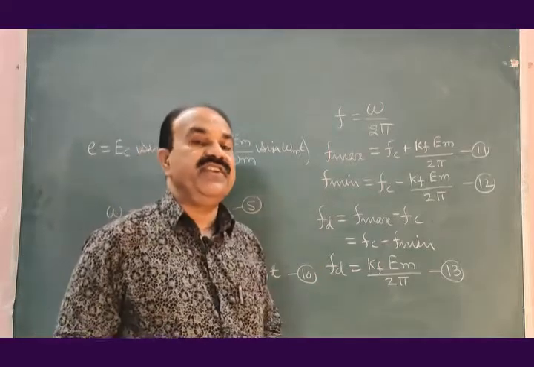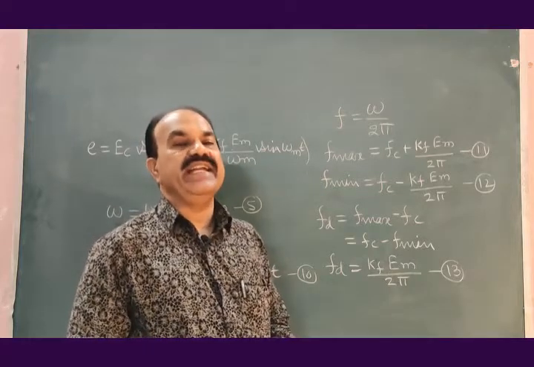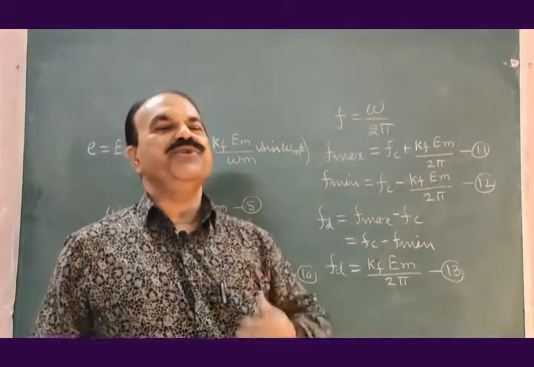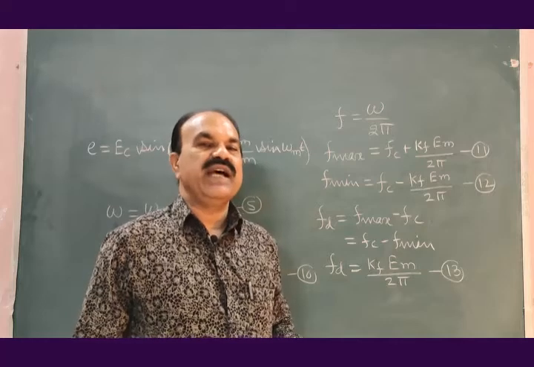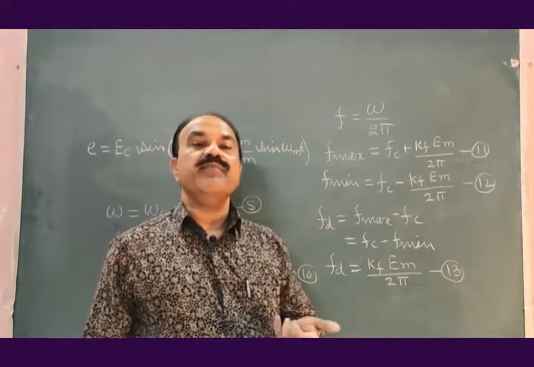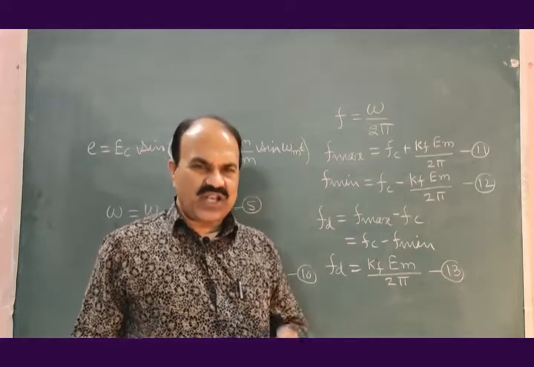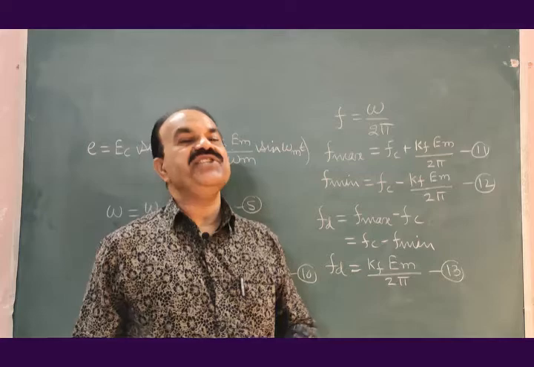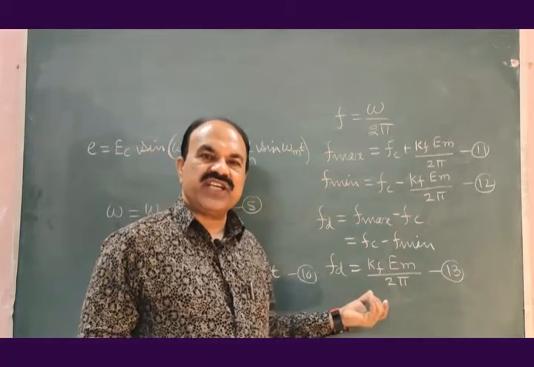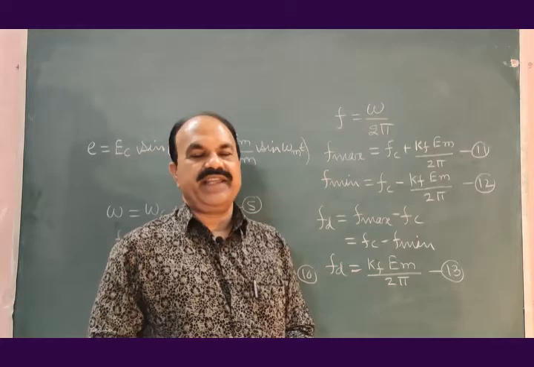After getting the frequency deviation in the frequency modulated voltage, let us try to get the modulation index. We know the modulation index Ma in amplitude modulation. Similar to that, the modulation index in frequency modulation is given by M E F, and the frequency modulation index is defined as the ratio of frequency deviation to the frequency of the carrier voltage.